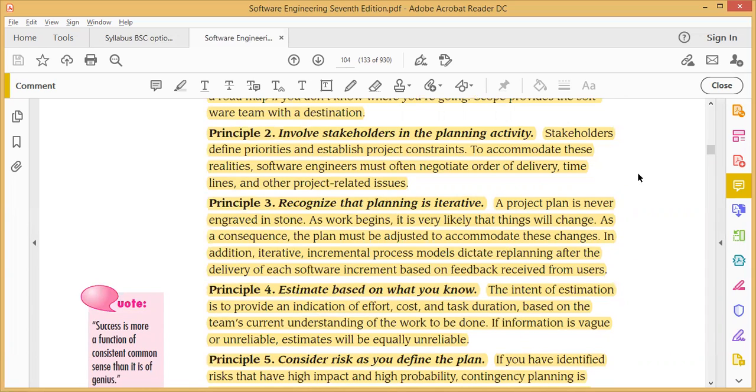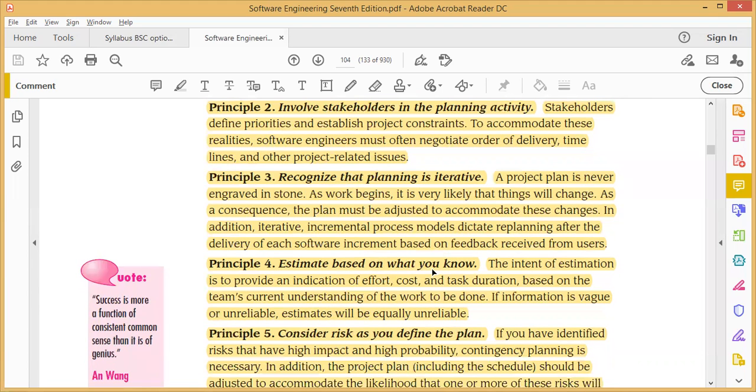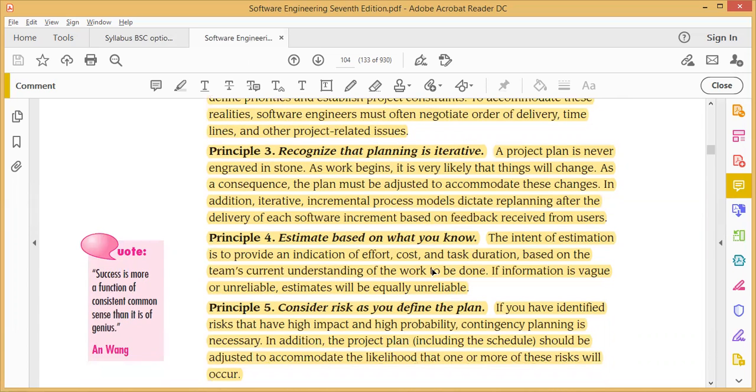The project plan is never engraved in stone. As work begins, it's very likely that things will change. As a consequence, the plan must be adjusted to accommodate these changes. In addition, iterative incremental process models dictate replanning after delivery of each software increment, based on the feedback received from the user.